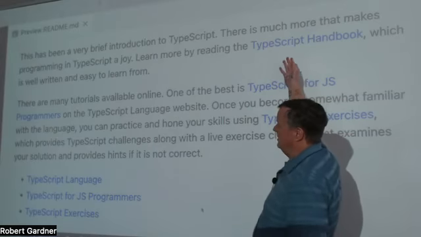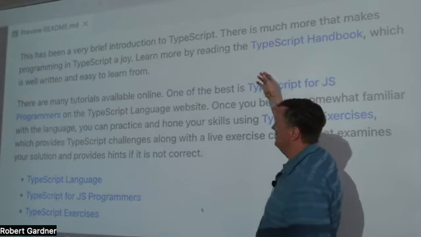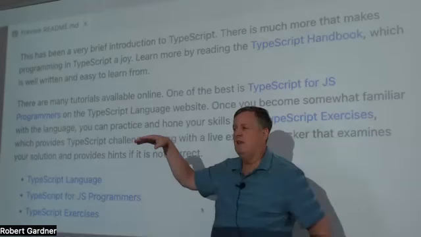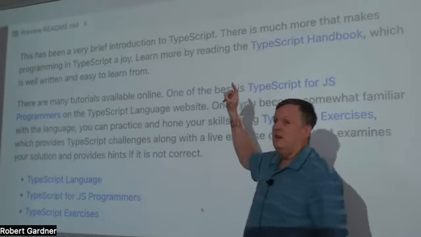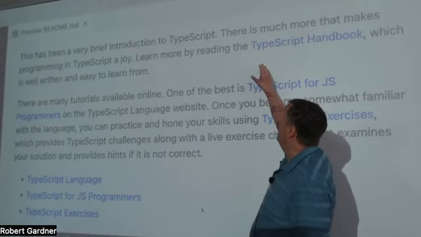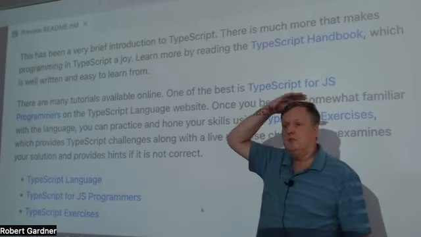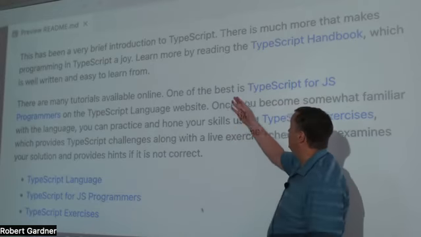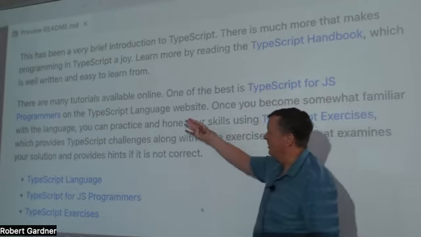The best way to learn it is to just go to the TypeScript site. It's called typescriptlang.org. They have a phenomenal handbook and phenomenal tutorials. One of the best ones for you, since you're familiar with JavaScript, is TypeScript for JS programmers.